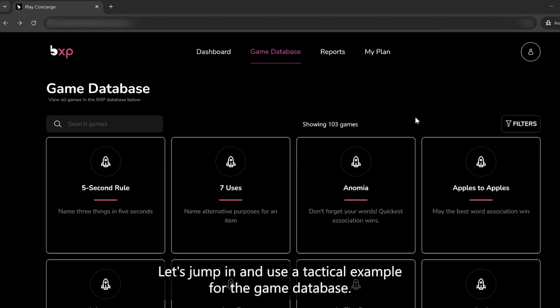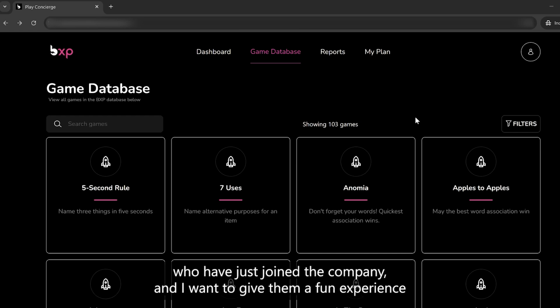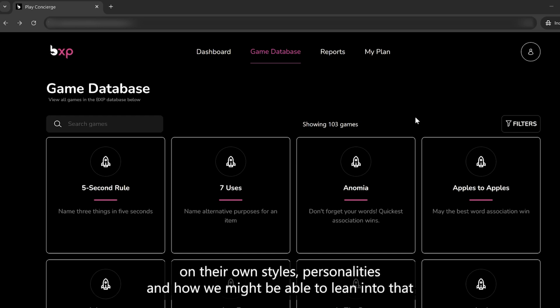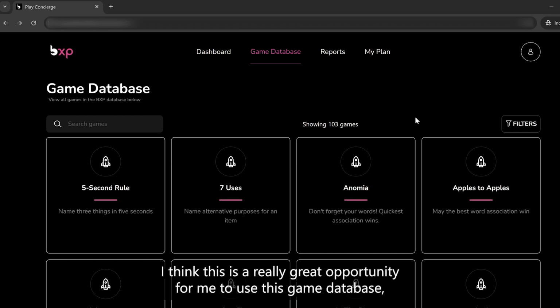Let's jump in and use a tactical example for the game database. Say I am a sales manager and I've got a team of 6 people who have just joined the company, and I want to give them a fun experience that helps them bring their guard down, but also reflect on their own styles, personalities, and how we might lean into that for their future sales needs or professional development. I think this is a really great opportunity for me to use this game database because